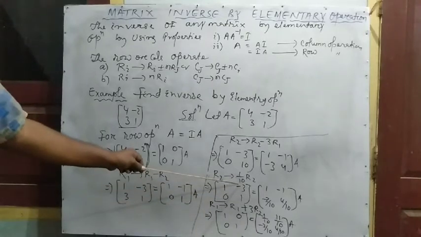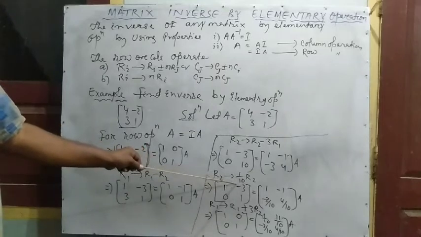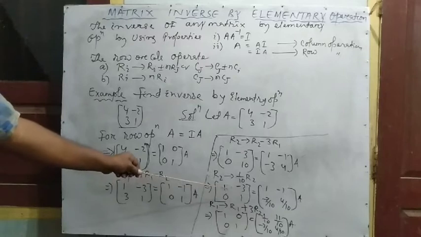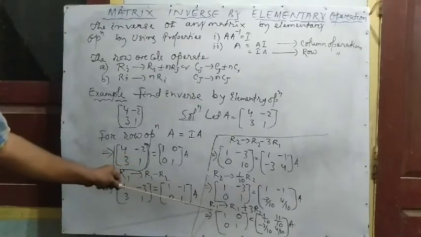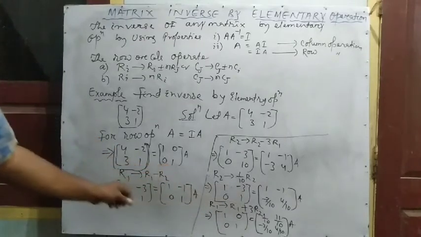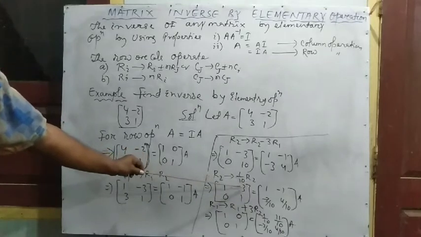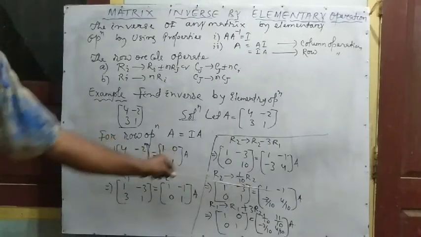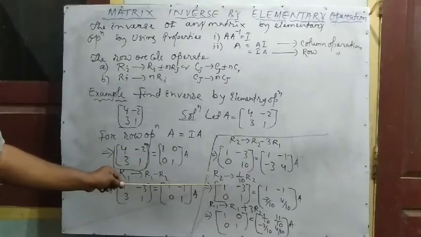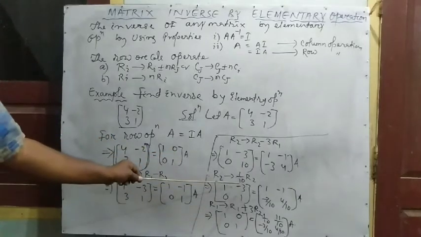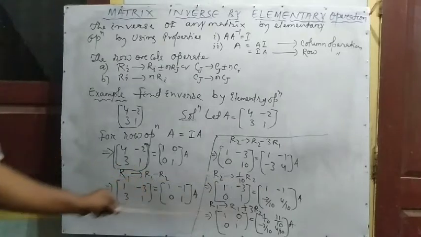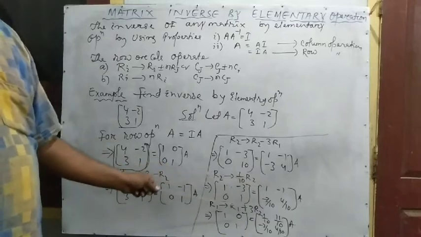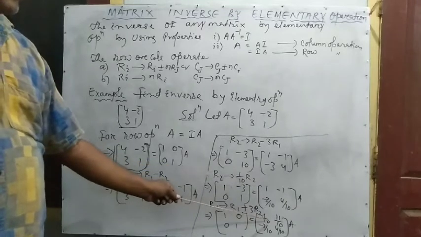So minus 3. We have to make this one equal to what? 0. Then minus 3. How to make 0? Look at. So here written what? R1 changes, R1 plus 3 times of R2. So minus 3 plus 3 times of 1. 1 plus 3 times of 0 1. Sorry, 1 plus 3 times of 1 1. Minus 3 plus 3 times of 1 equal to 0. And 0 1 you write similarly. Here also 1 plus 3 times of this.